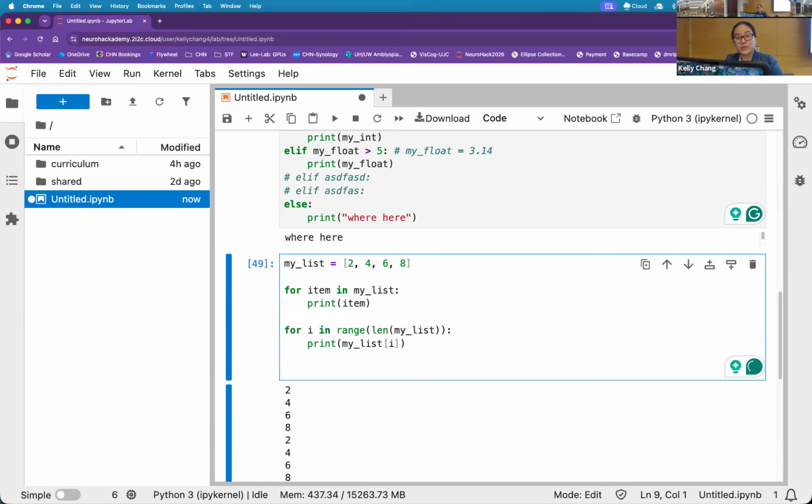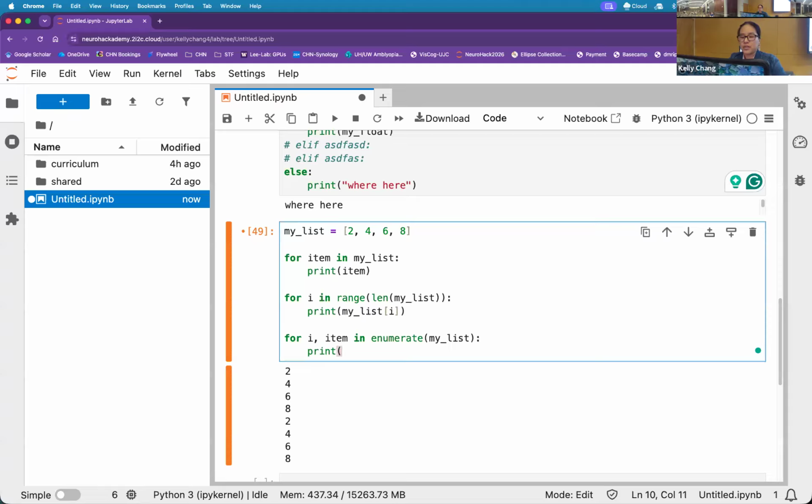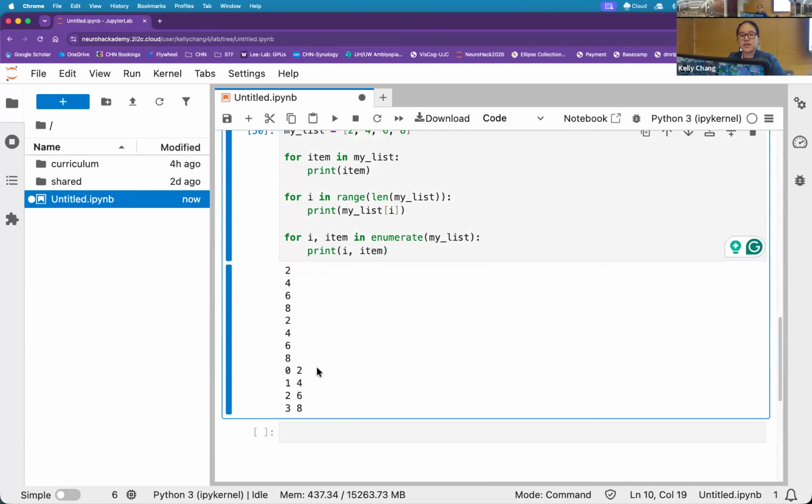There's also another one. I've noticed how there's many ways to do many things, where we can have i and item at the same time. Enumerate my list. This is where we have a little bit of syntactic sugar going on here, where in Python, you can actually package up multiple outputs from a function call. So enumerate will basically wrap up my list with its iterative. And so let's get a little fancy here. Print i and then comma item. So it'll be the position number and then the actual item right next to each other with a space. And you can sort of see down here that this is another option for you to go through a listed item set.